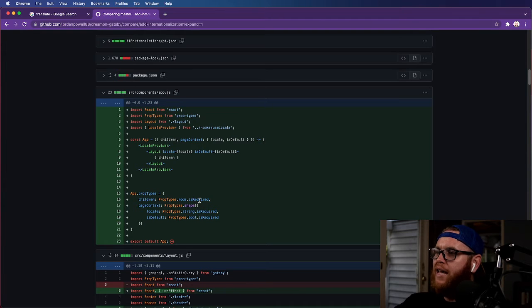These prop types you can just add basically to add some typing, just to make sure that things are going good and that kind of thing. So